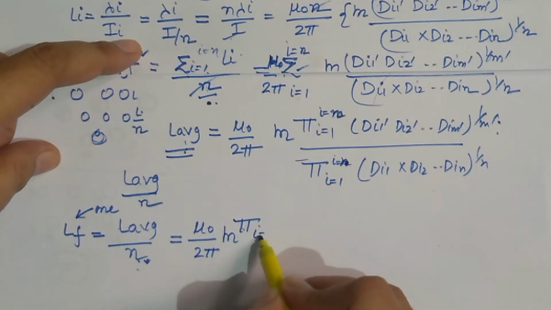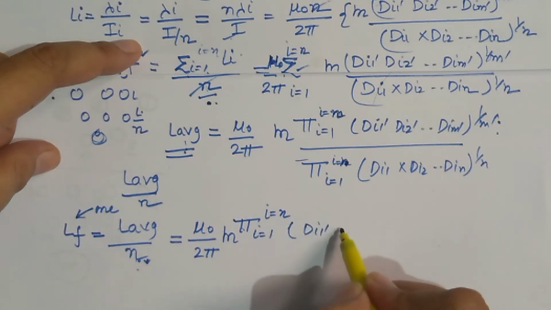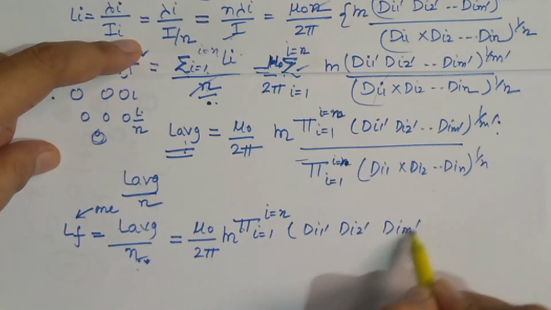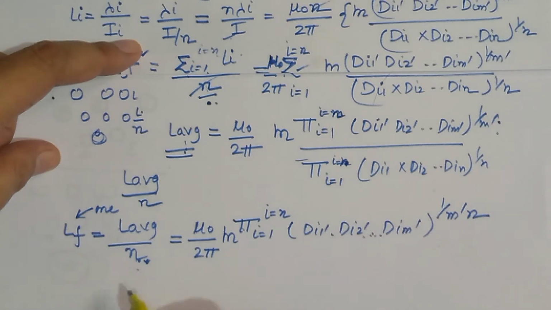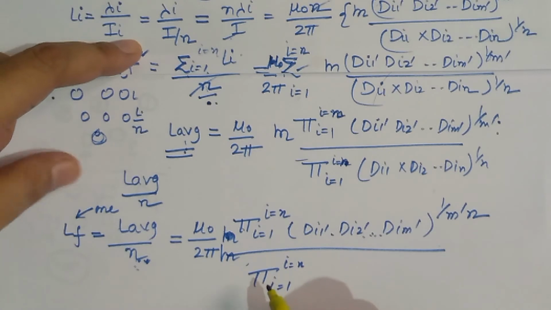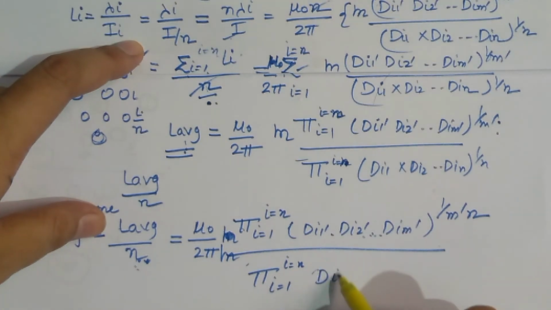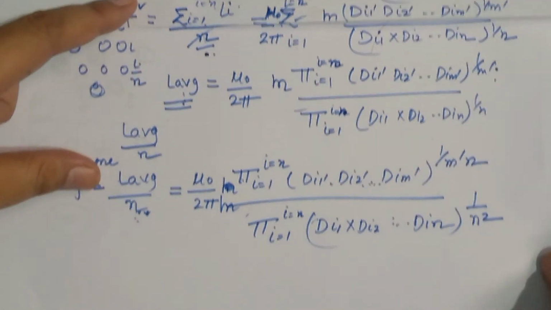On taking this n inside the log, we get mu naught upon 2 pi ln, product for i equals 1 to n. We get di1 dash, di2 dash, up to dim dash, all multiplied, to the power 1 by m dash into n, because this n is taken inside the log, upon the denominator product for i equals 1 to n, to the power 1 by n square. So if we expand this expression,